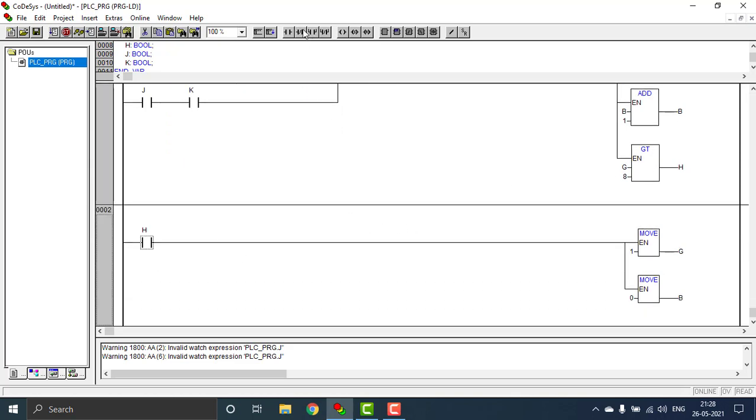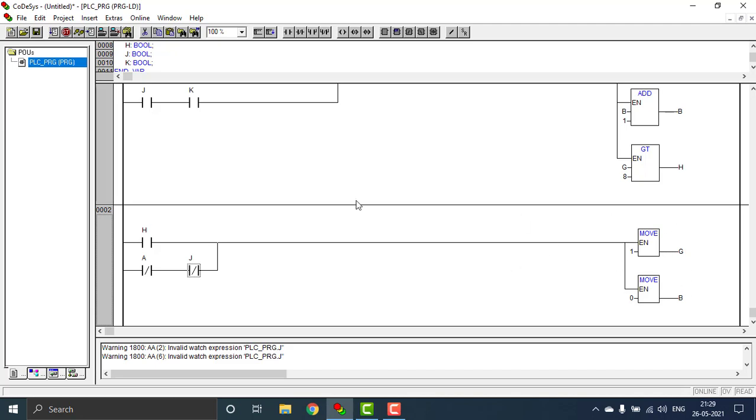We have to add the bypass condition right here. I just want to use 2 NC contacts, and here also I want to use the NC contacts. So here I can use the bypass NC contact and another NC contact right here, and name it as A. When A automatic mode is present, there will be no conditions. There will be the mode that will be moving and the J condition. And this is the auto and manual mode. When any one of these is not present, that will be stopping the move block or the resetting condition.